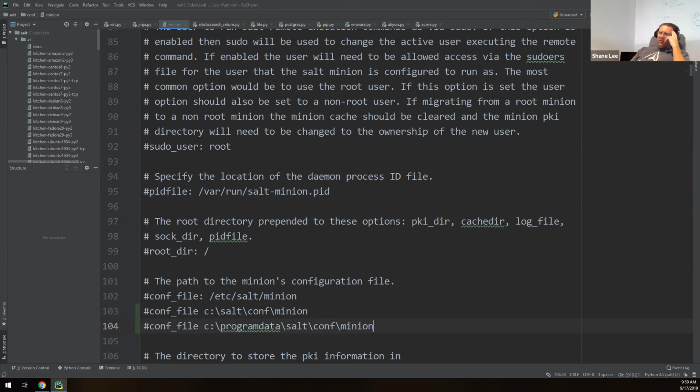Do we want our config right there, though? I wouldn't want the config there, because at that point in time we could separate it. That's in fact most usual, to have the bin stuff all in Program Files, and configuration in a separate